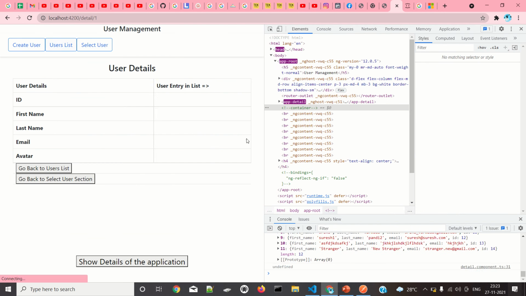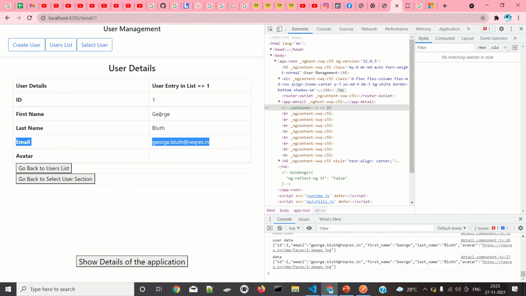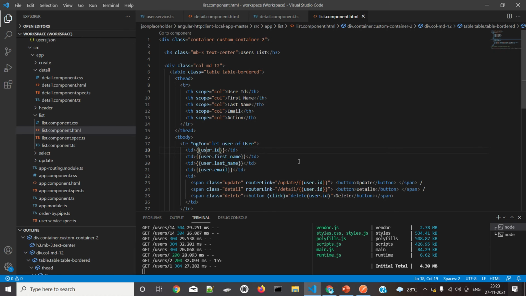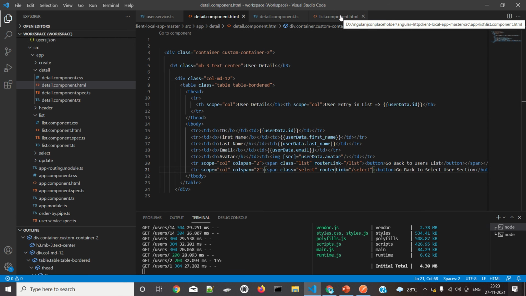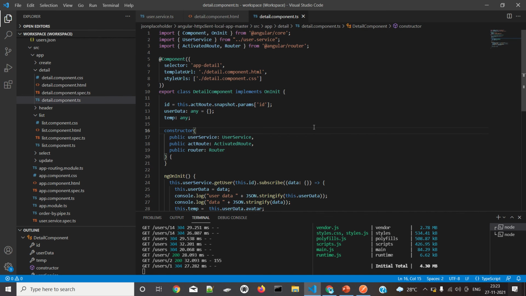When I go for details, I have a particular detail. Okay, so I can take this particular user's data, so that I can get his ID, first name, last name, email, avatar, and just have these basic router links. Okay, so that's the difference between having a bunch of users and using a star identifier and using a single user entry. Okay, if you see this one, you can get an idea. So here we have the same structure like the previous one.